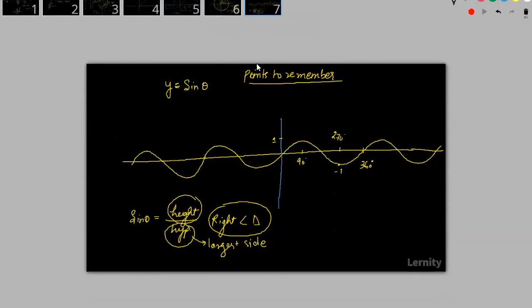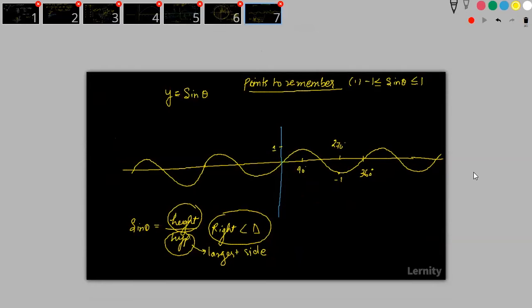So the first point which we got to remember is, the sine of theta is always less than 1 and greater than minus 1. First thing, the sine of theta is always less than 1 and greater than minus 1. Okay, sine of theta is